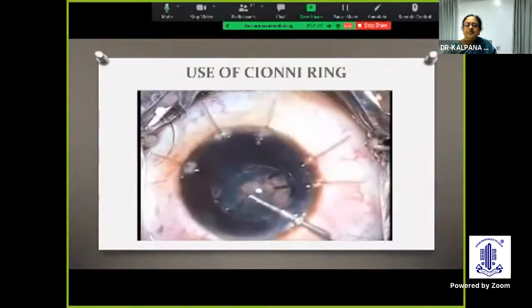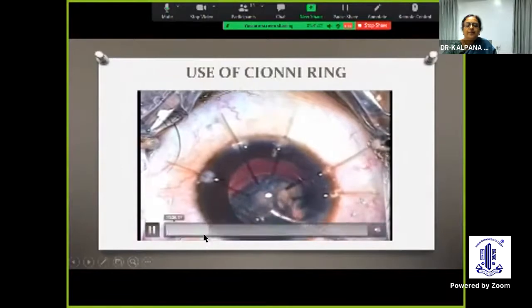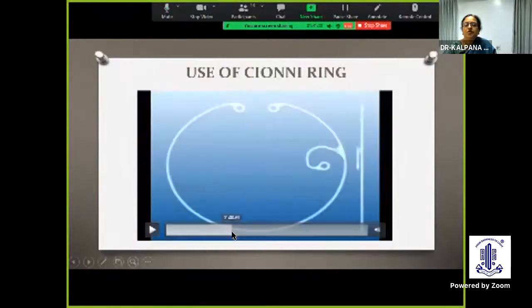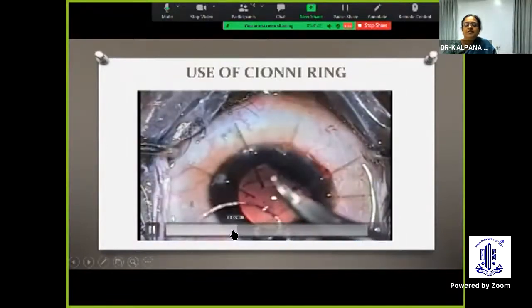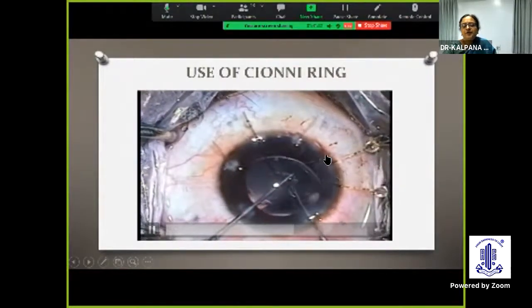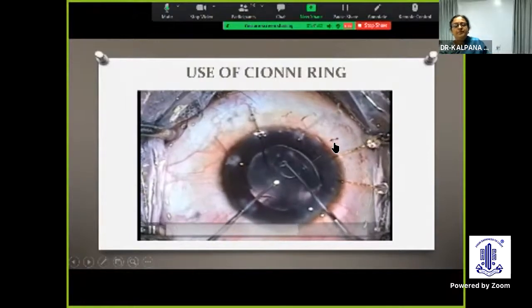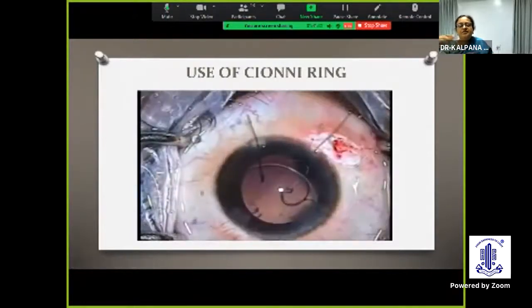So you can see here, you use high-risk hooks, you remove the cortex. I think I'll probably push a little bit. I don't want to show you all this. So this is an option. The only thing is when you tie it in the 90 proline suture, you should always pull it a little bit further down, because with time and fibrosis, sometimes there is a chance that it can get decentered.